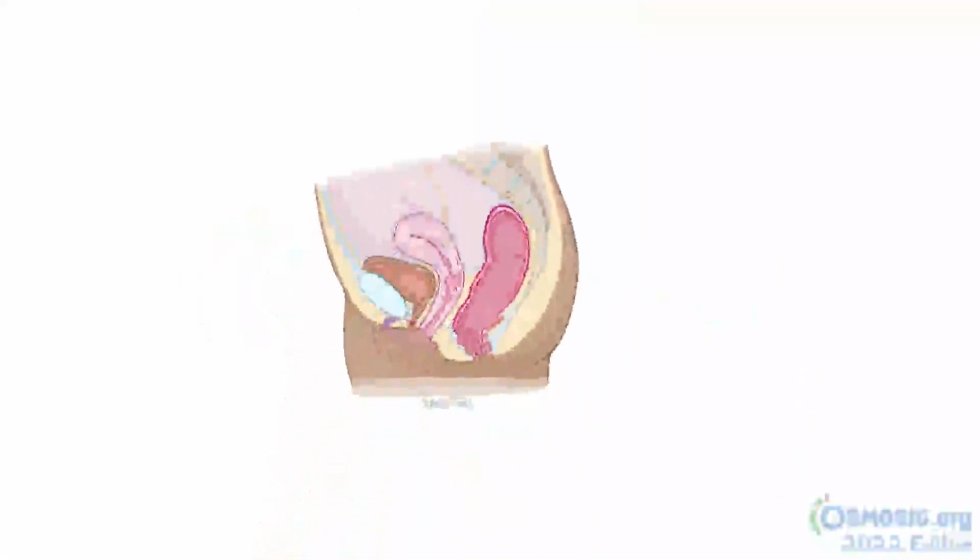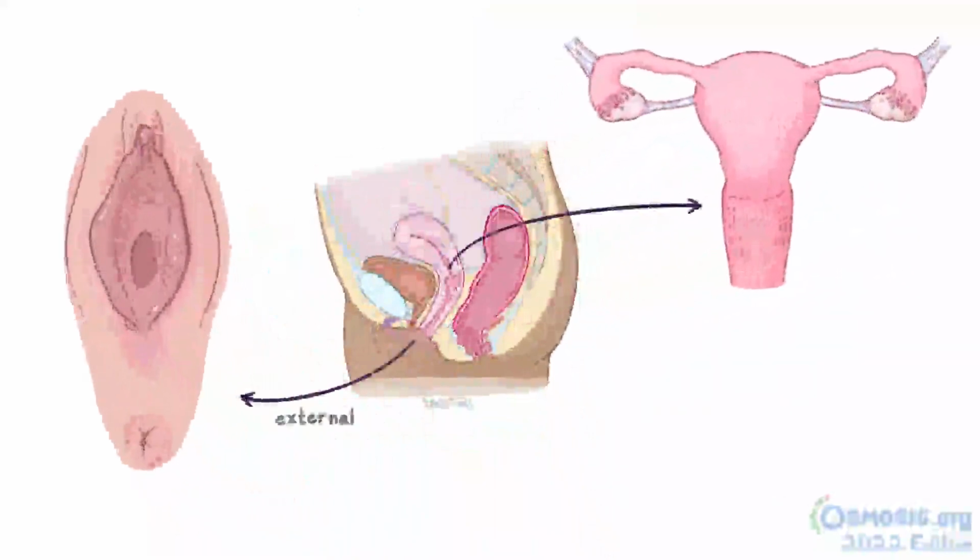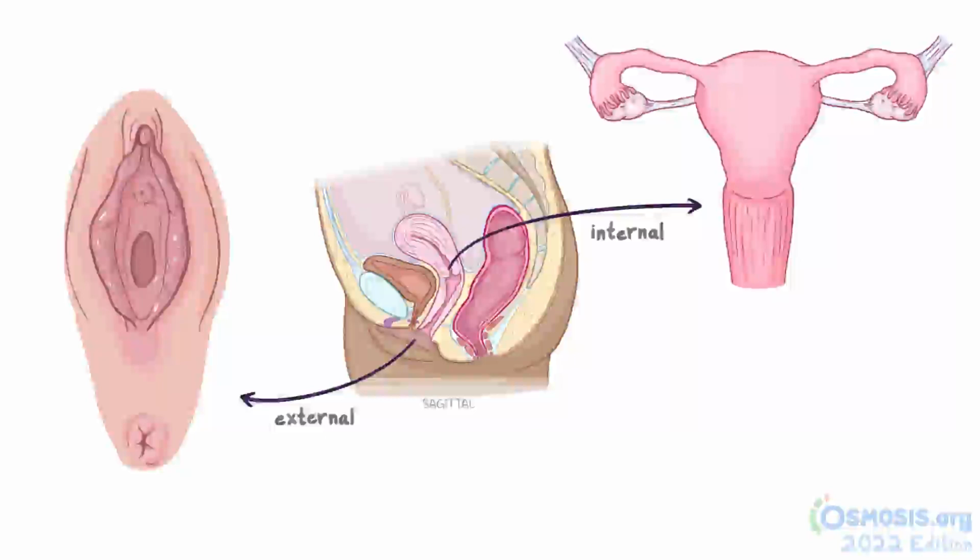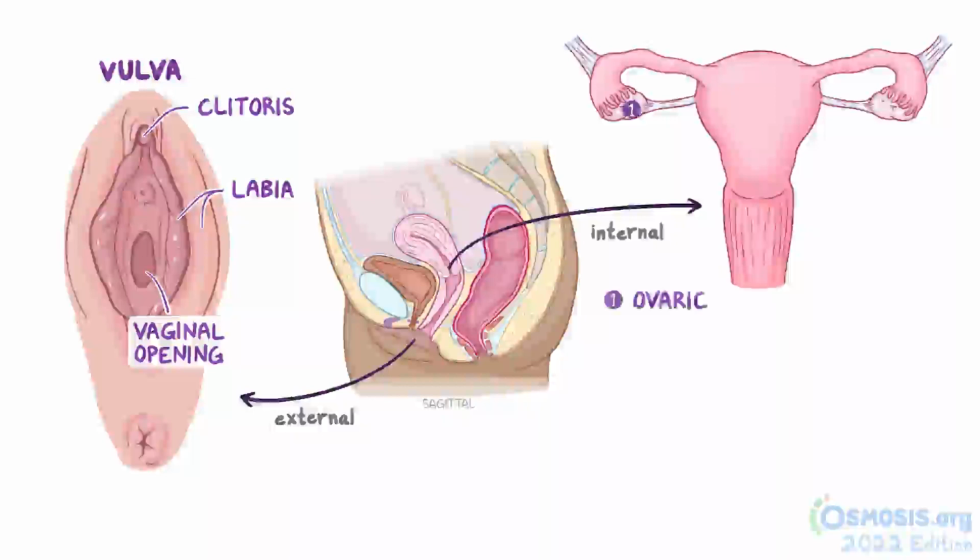The female reproductive system is made up of external and internal organs. The external organs lie in an area called the vulva, and they include the labia, the clitoris, and the vaginal opening. The internal reproductive organs can be found within the pelvic cavity, and they include the ovaries, which produce the